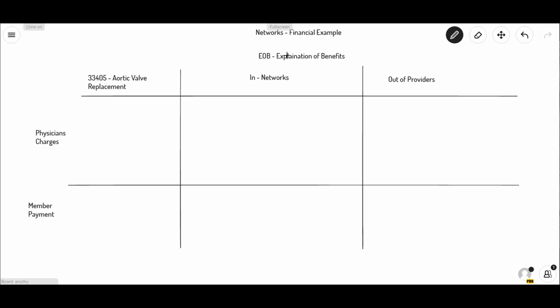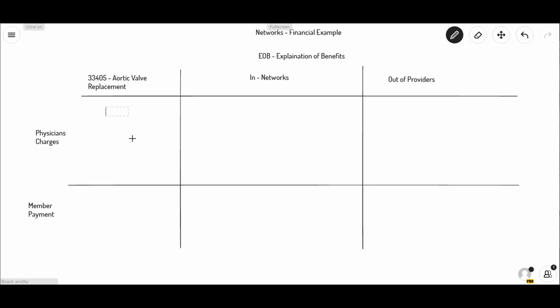And so what we're going to do is compare how benefits would be paid under a heart surgery for an aortic valve replacement. It's not necessarily important what the procedure is here. We're just using this as an example, and we're going to talk about how the health plan might pay the benefits if you were in network and if you were out of network. So to jump right in,